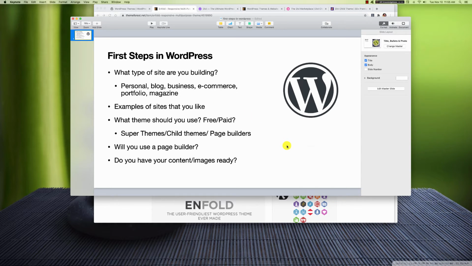Now, for example, super themes are themes that bring their own framework, their own sort of page builders, and Enfold is one of those because they bring a specific framework, I think it's called the AVF framework. When you install it, you don't use the classic editor or the block editor, you use their framework to build your pages. And these super themes have a lot of demo sites and extras that help you build your site